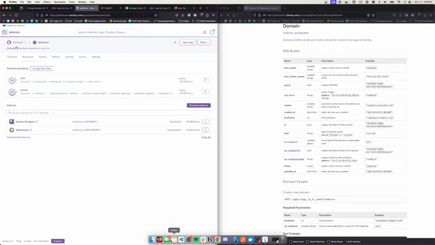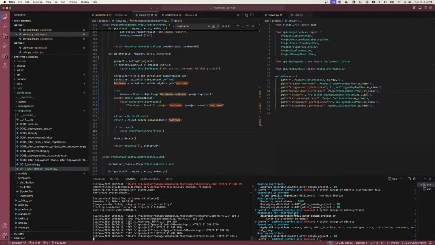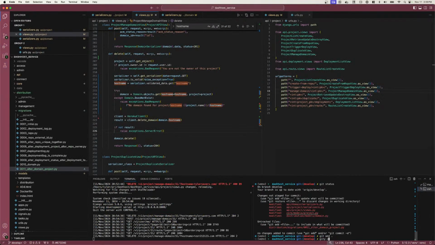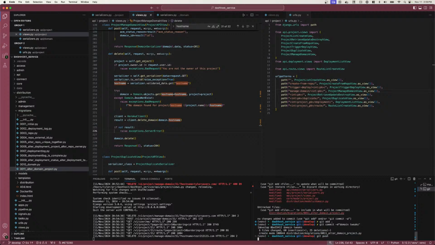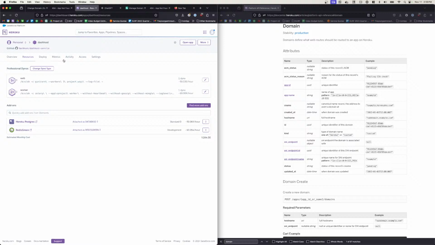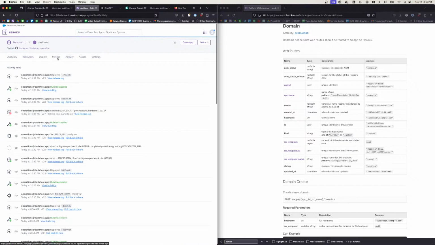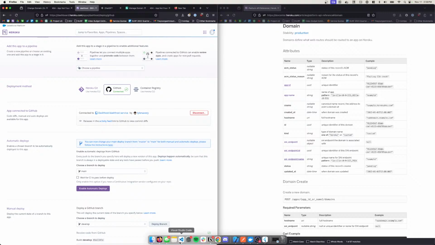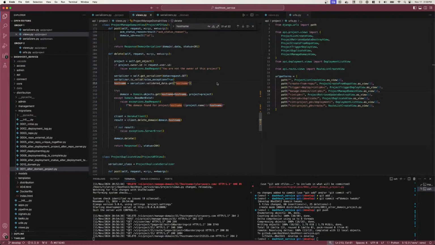Let's try this process. First things first, we just got to get our backend code up to date. So I'm gonna add this, git commit -m domain tweaks, because we were just working locally. So we'll push all that, and I don't have this set up to automatically deploy, just because I don't want to merge domain every time. So we're just going to deploy this, get the server up, and then in the meantime,